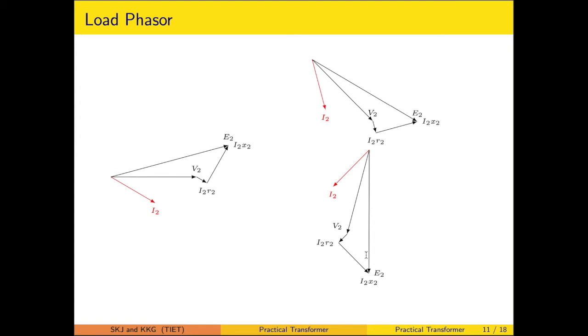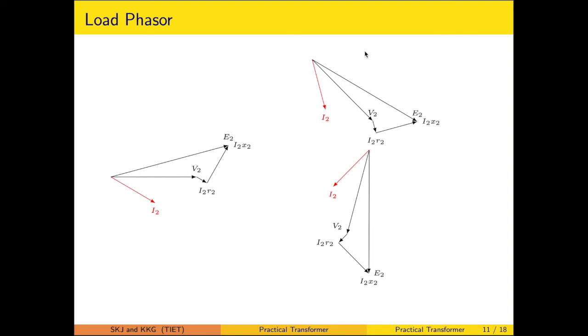That is done, and once this E2 is identified, you can identify the direction of flux, which will be 90 degrees leading. You can identify the direction of E1, and then V1 will be exactly equal to E1 marked in the opposite direction for the no load condition. Likewise, we have to repeat this process.